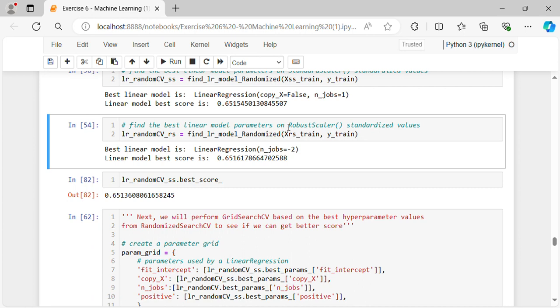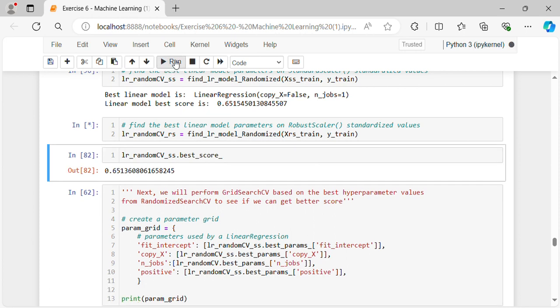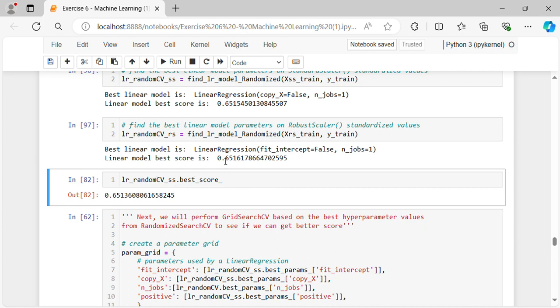Then we find the best linear model parameters in robust scalar standardized values. Let linear_random_CV_RS equal find_linear_model_randomized of XRS, the robust scalar data set. Then we get best linear model is LinearRegression of fit_intercept equal False, comma, n_jobs equal 1. Linear model best score is 0.6516 and so on. linear_random_CV_SS.best_score_